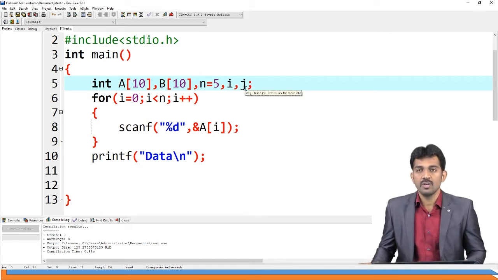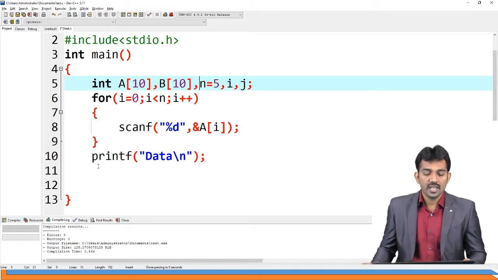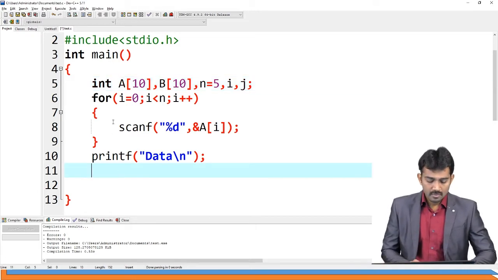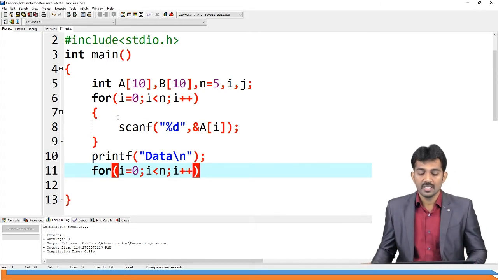I need an extra variable j. This is my main array, and now I want to reverse it. So I take the for loop, i equal to 0, i less than n, i plus plus, the same as it is.